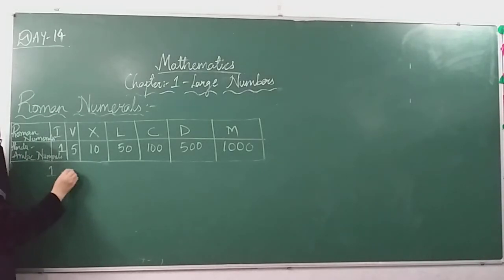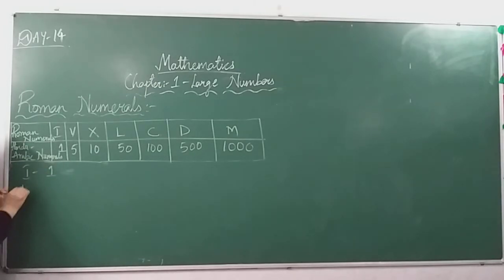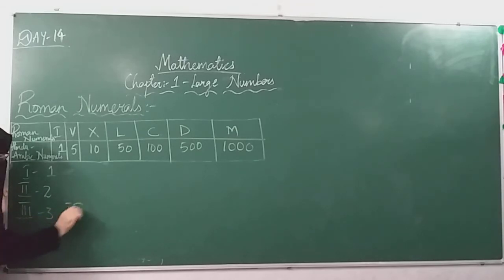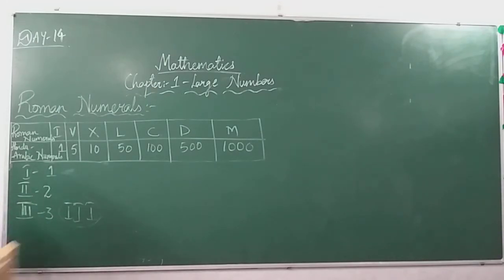See, I stands for 1. If you want to represent 2, we'll use 2 I's. Okay, if you want to represent 3, we'll use 3 I's, like this 1, 2, 3. Instead of writing 3 bars separately, we are putting 3 lines together. Okay. For 4,